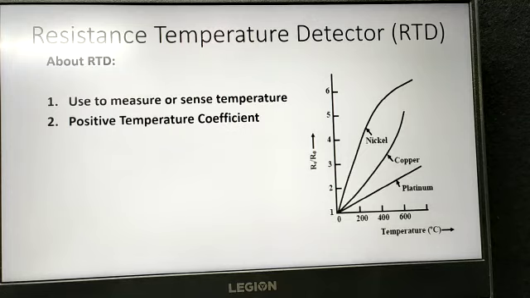So we can see the graph. The graph has two axes, x-axis and y-axis. The x-axis has temperature values in degree centigrade, and the y-axis has a ratio of resistances. Why a ratio of resistances, we will see in the later slides, but for now let us consider it as a ratio of resistances.